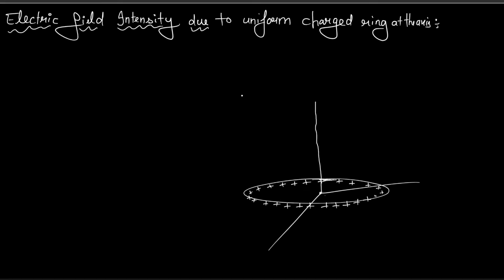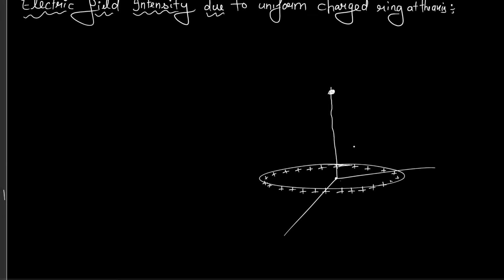This is, I think, the eighth lecture. In this lecture, we are going to discuss the electric field intensity due to a uniformly charged ring on its axis. We are going to find out the electric field at this point on the axis, the line joining the center of the circle, the axis of the ring basically, and this ring has a uniform charge